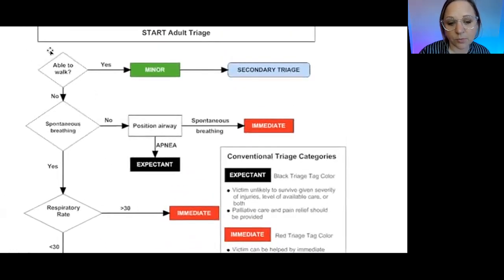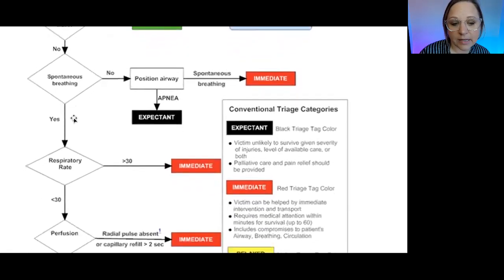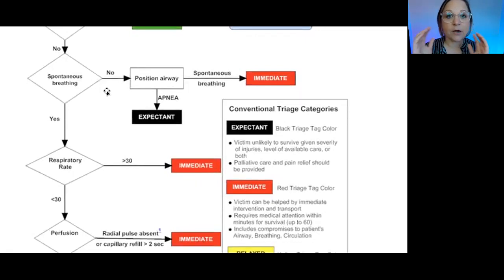So, are they able to walk? If yes, they are automatically given a green tag. That you're able to walk is good enough for me. You're going to wait. If they're not able to walk, we ask if they're spontaneously breathing. If no, we position and open their airway, because sometimes if they just have their airway opened, they start breathing. And if they start breathing with your open airway, then they are given a red tag, where they need immediate care. If you position their airway and they still don't breathe, we give them a black tag. They are expected to die if they're not already dead,